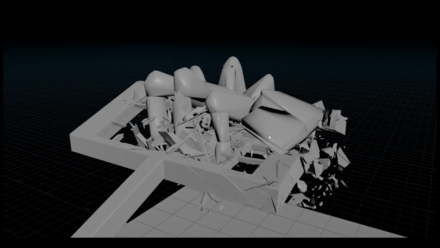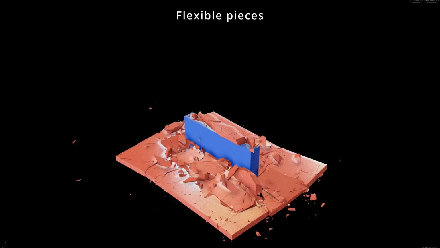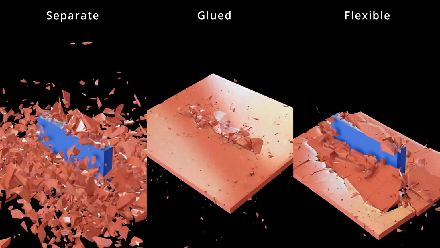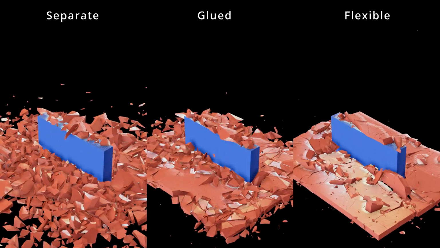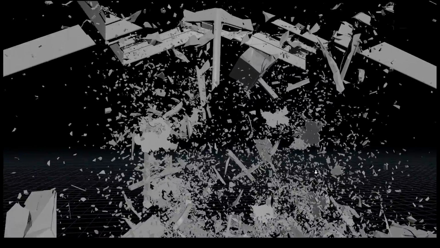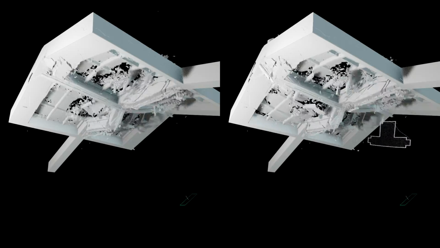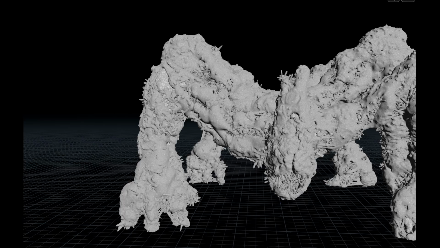There are many custom methods to control the bonding and the fragmenting. For most materials, it's a good idea to allow the links to be flexible, and this way they can bend and separate a bit, which forms realistic cracks before they eventually break. Destruction sims are far from automatic and require a lot of effort. You need to set up all the geometry in a very specific way and put aside considerable time for tweaking simulation parameters. Let's get back to the monster.